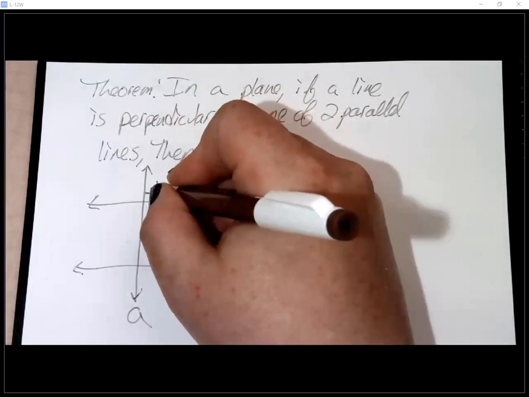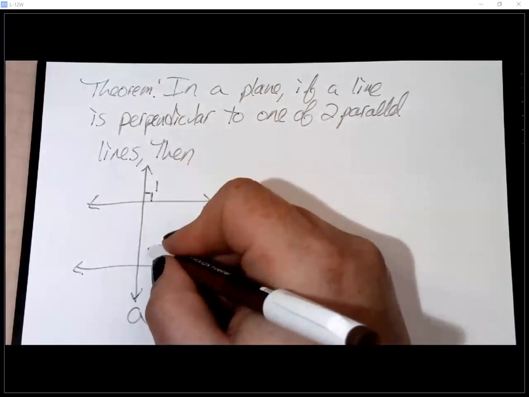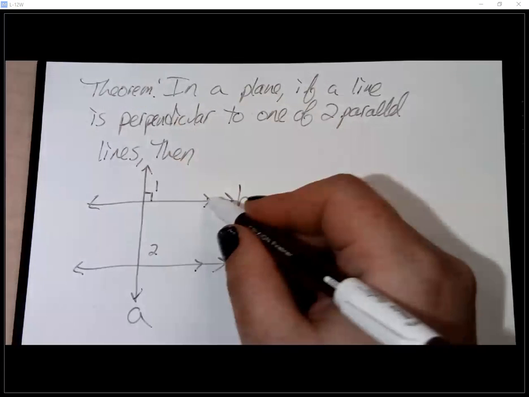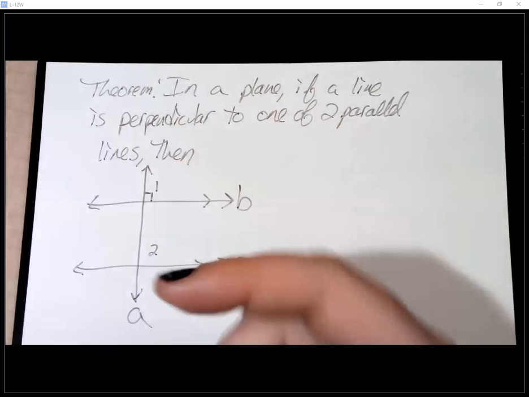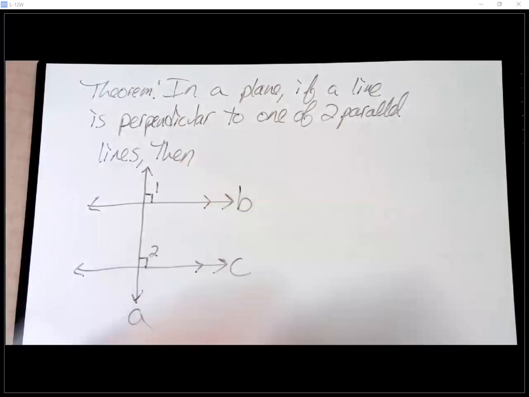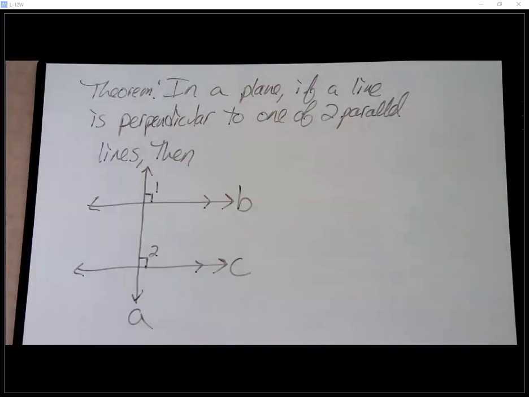Let's say I call that angle 1 up there and here's angle 2. Aren't those corresponding angles? We just learned that if the lines are parallel, which I know they are, corresponding angles are going to be the same. So if that one's 90, I get to conclude that this one is also 90. And once I show that I have 90-degree angles, then yes, I have a pair of lines that are perpendicular